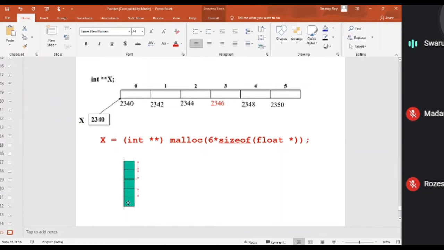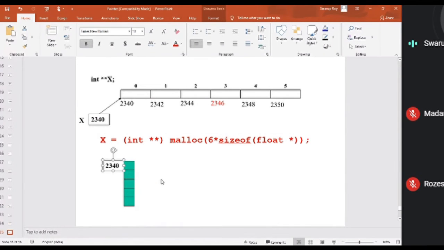I'm going to create one array, and I'm going to hold the base address of that particular array, and then I'll store the base address of that array into the above array.